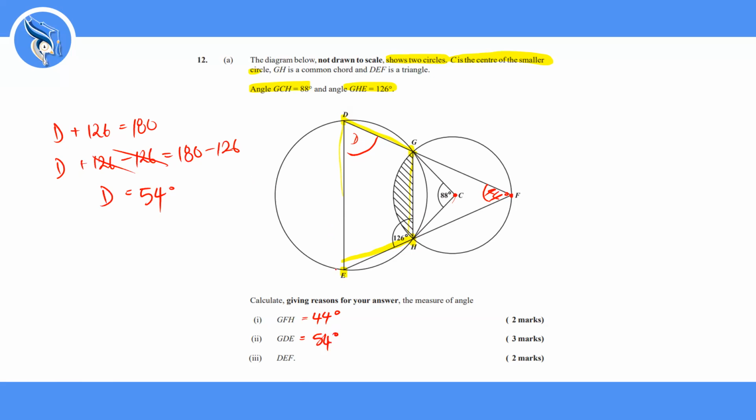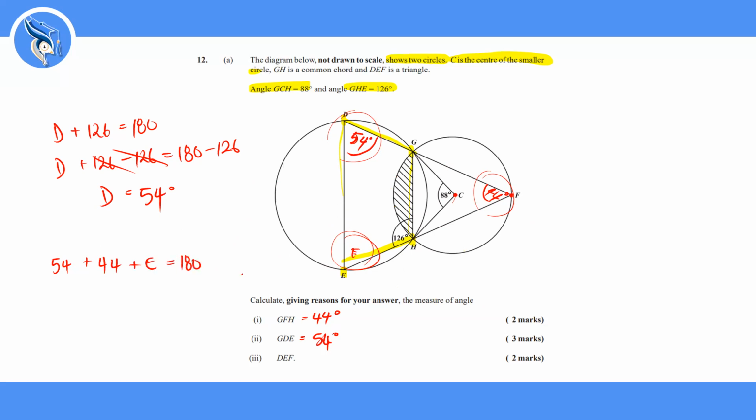Now DEF is what they want us to find. Found this to be 54. DEF is a triangle as well, DFE or DEF, whichever way you want to go. So this is 44 up here. This is 54. And we need to find the one right here. We know that angles in a triangle add up to 180. So 54 plus 44 plus angle E right here